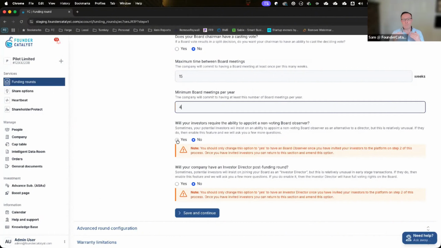So what it means is that person, a board observer, cannot vote. So when there's a board meeting and the board directors are voting on something, the board observer does not participate in that vote, but they do get access to everything that is presented at board. So they get all of the board packs prior to the board, and they get to attend the board meeting as an observer. They can view everything, and actually they can give their opinion, so they can steer the company